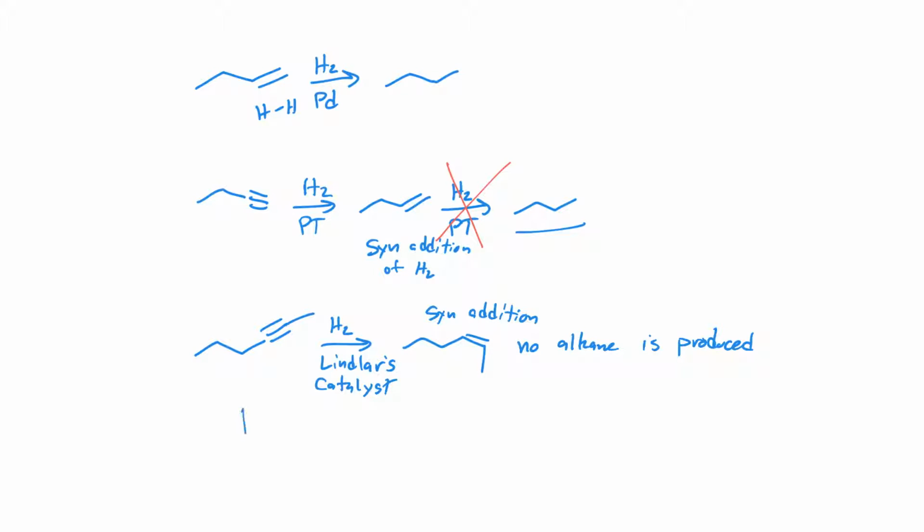We could think about it from an energy diagram perspective. Here might be the alkyne. Might reduce that to the alkene. Reduce that to the alkane. Let me try to draw some. And if we're going to catalyze only the first step, our catalyst needs to change the activation energy of just the first step. And then it would have essentially the same as the activation energy of the second step. And that would be what our Lindlar's catalyst does. It does not catalyze the second step, allowing us to